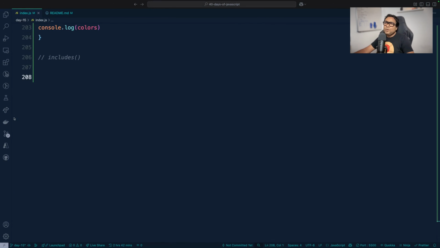Next method is the includes method. The includes method of array determines the presence of an element in an array. If the element is present in the array, it will return true. If the element is not present in the array, it's going to return false. Very straightforward. Let's take an array of names. I have a bunch of names over here. I have Tom, Alex, Bob, John. And then let me write